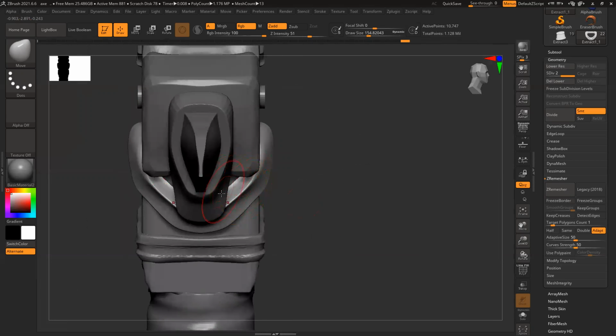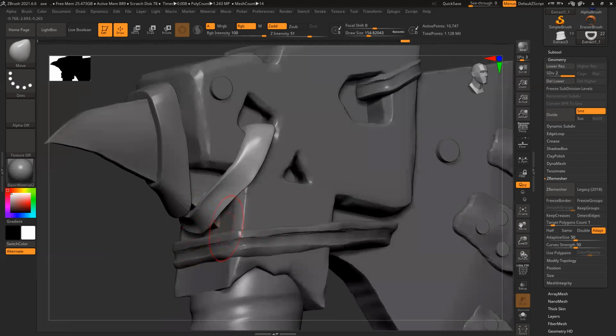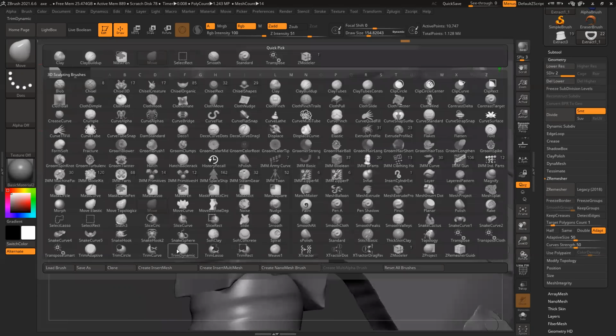Now I can see the thickness here clearly. This surface should be flat. It's little curved. To make it flat, I'll use trim dynamics.